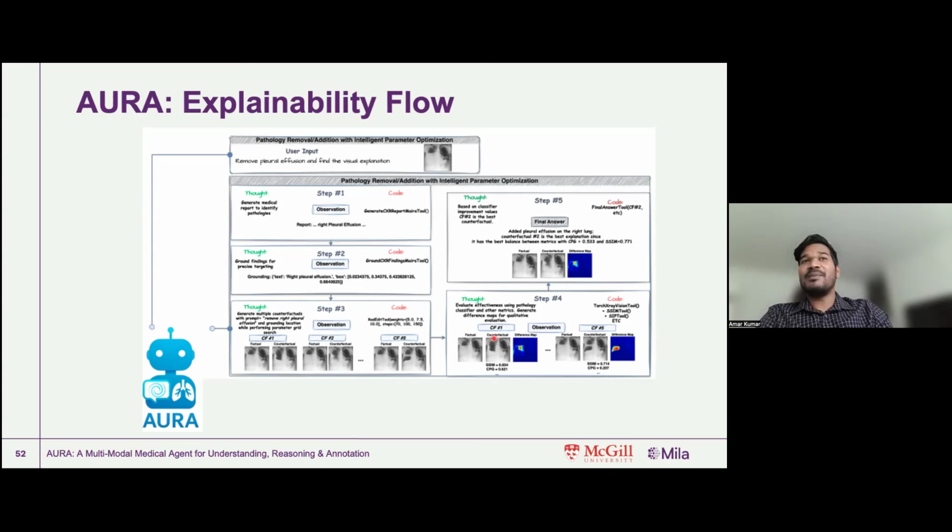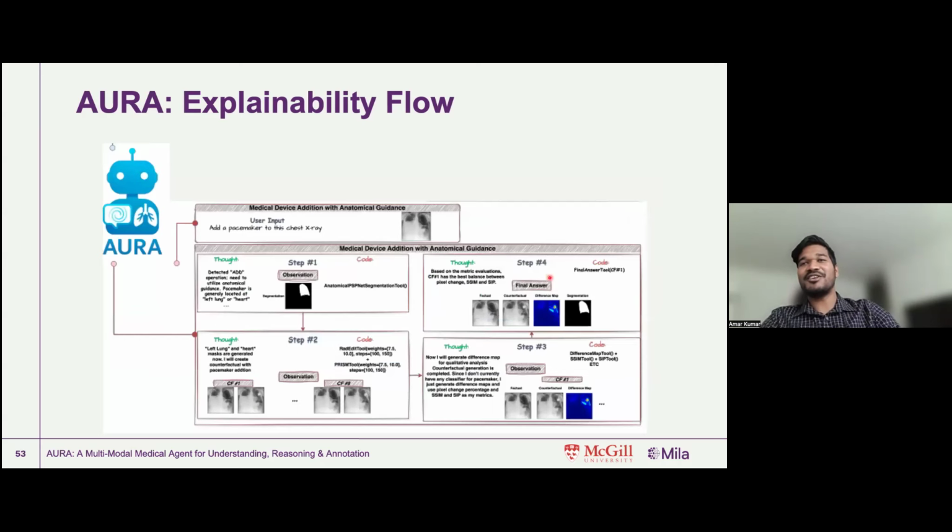Second, if I'm able to localize it, what if I generate multiple counterfactual explanations, which is, what if these patients were healthy? And it calls different modules. So not only Prism, but it also calls other modules that are deployed by other researchers across the world, to see how the model performs if other tools were used. And finally it's able to stitch together all those decisions and provide an explanation as well as an evaluation of that explanation using this entire framework. I'm skipping a lot of details here to respect the time.